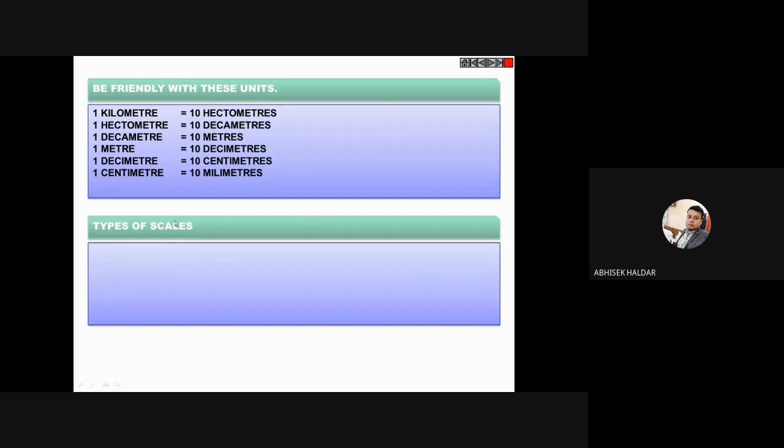And types of scales. Now, the types of scales you have learned as of now are the reducing scale and the enlarging scale, depending on the value of RF. But as per the measurement capability of any scale, it may be of different types. A plain scale is used up to a single decimal. I'll give you an example. Whatever scale you have in your geometry box, if I ask you to draw, say, 5.1